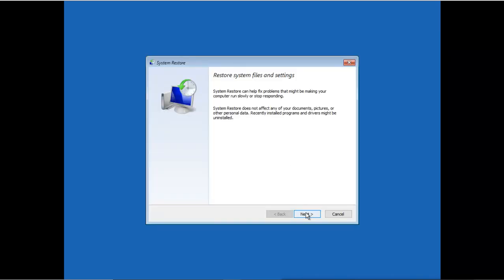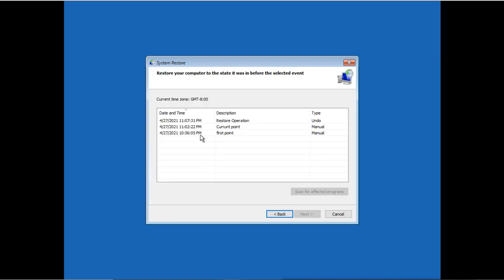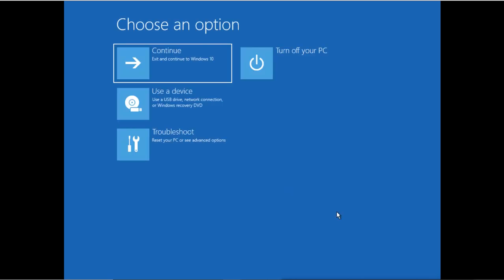And you can see these restore points now. So if your machine is not able to boot, then you can go to this recovery environment and select the restore point to restore your machine to the previous one. I will not do this because we have already done this. I will go back to this system recovery option.